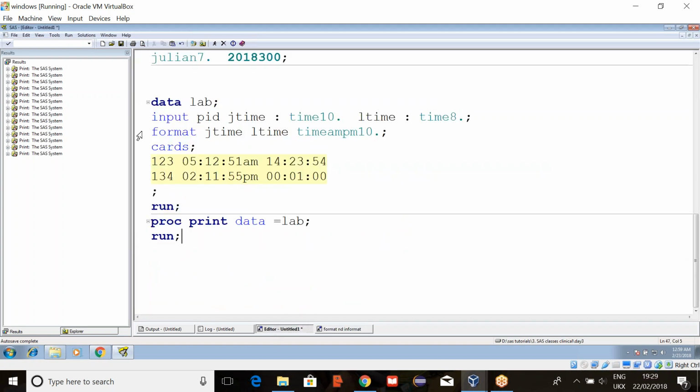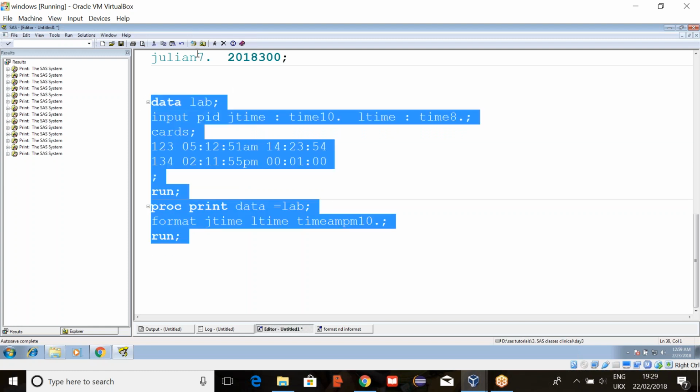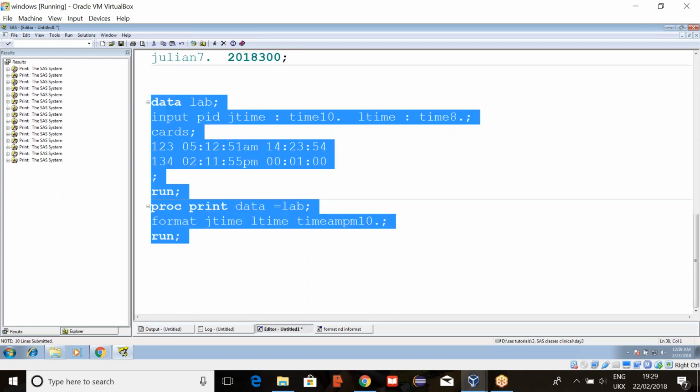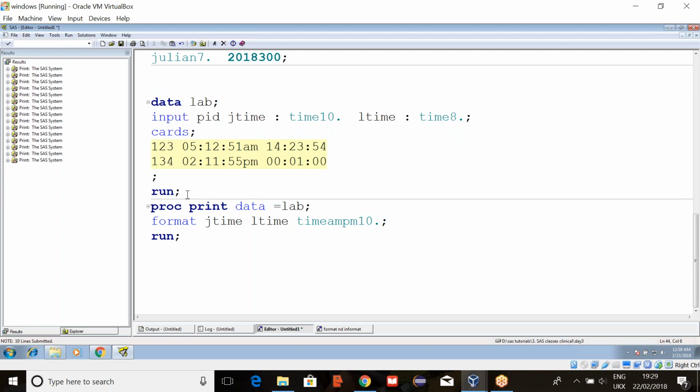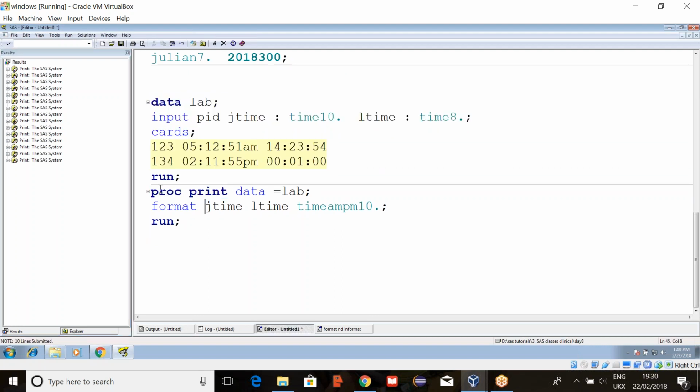One more thing here, this format statement we can use either in the data step or in the proc step. Wherever we want we can use. See here, now also the output is the same. Previously when you used it in the data step, the output is also the same. But what is the difference between using in data step and using in proc step?